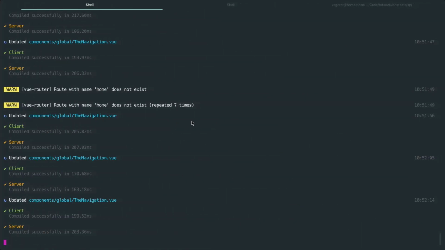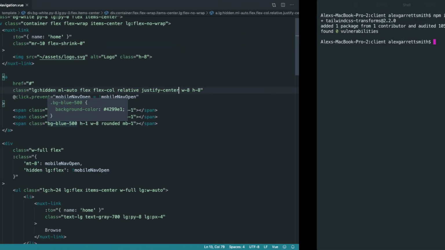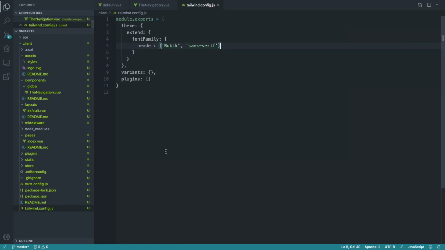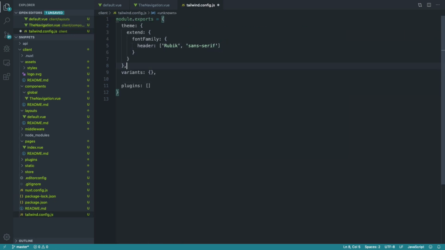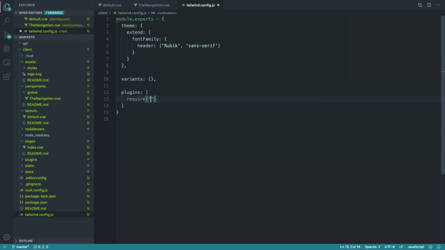So let's come over to our terminal. Let's go ahead and install this. Just wait for this to finish and then we'll pull the plugin in. Okay, so that's pulled in. Let's go over to our Tailwind config. Under our plugins section, we're going to go ahead and require this in. So we're going to require in Tailwind